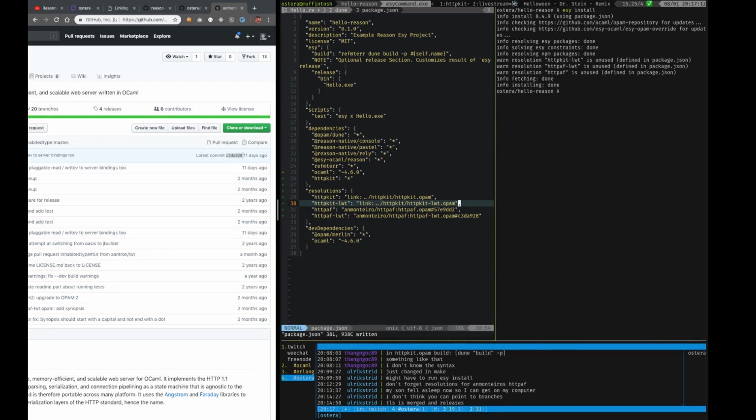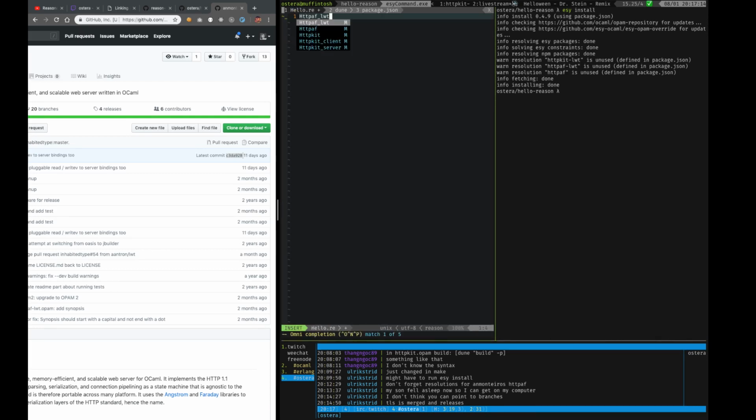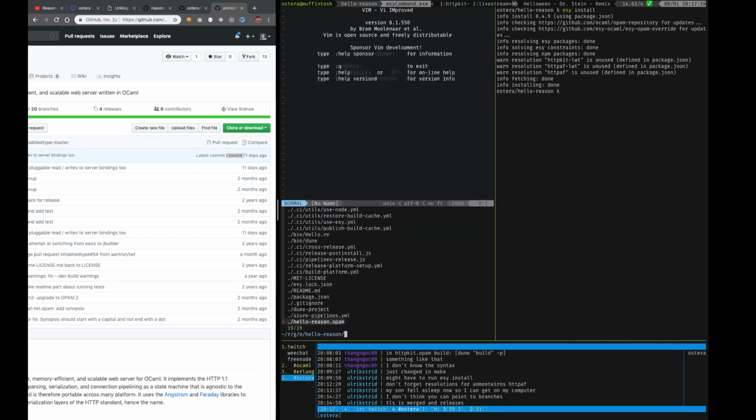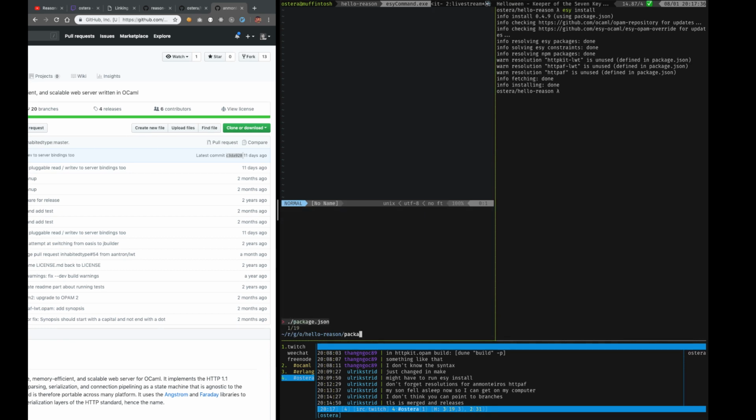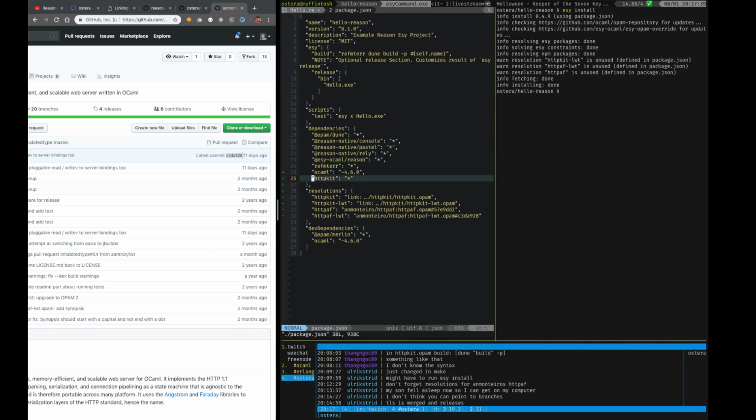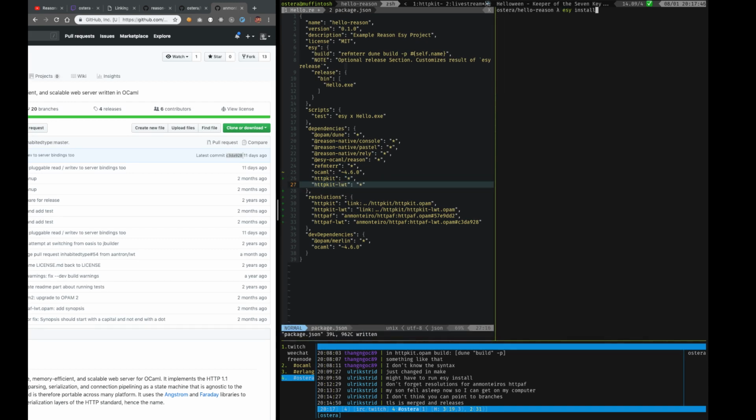Cool. So let's go back to the code and let's try to run this thing. So I still don't see this, so I'm going to close the whole thing and run it again. And then go to hello. Now I don't see it still. I wonder if it's because I need to specify it as a direct dependency rather than as a resolution. Right? So if I do that and I install,